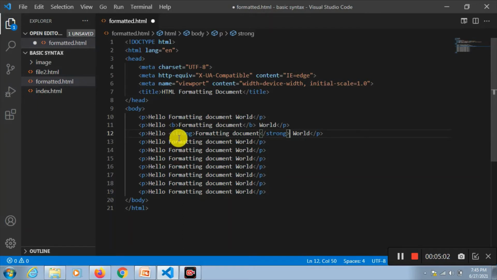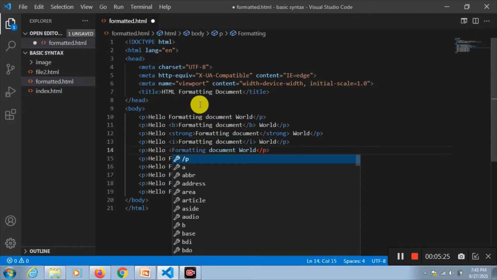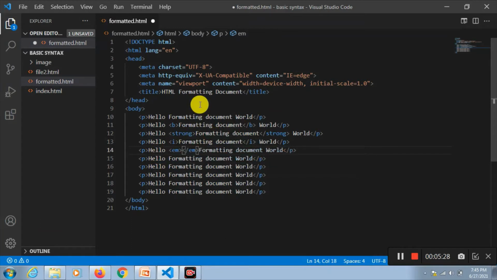I for italic, let's take it and put it here. Similarly to I, we have got one more, EM. I'll put it here.